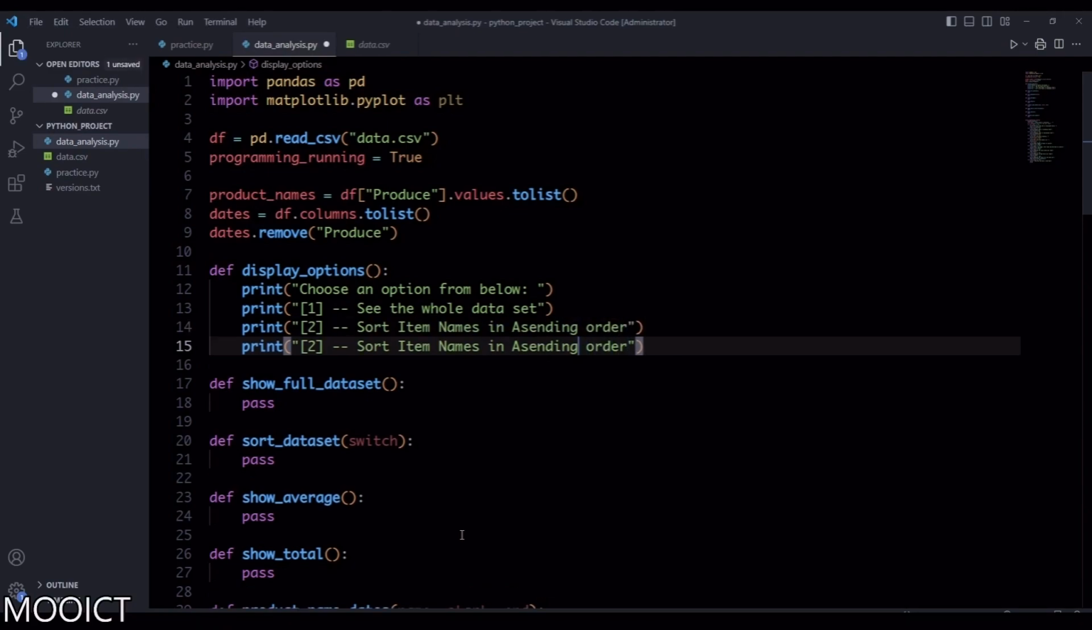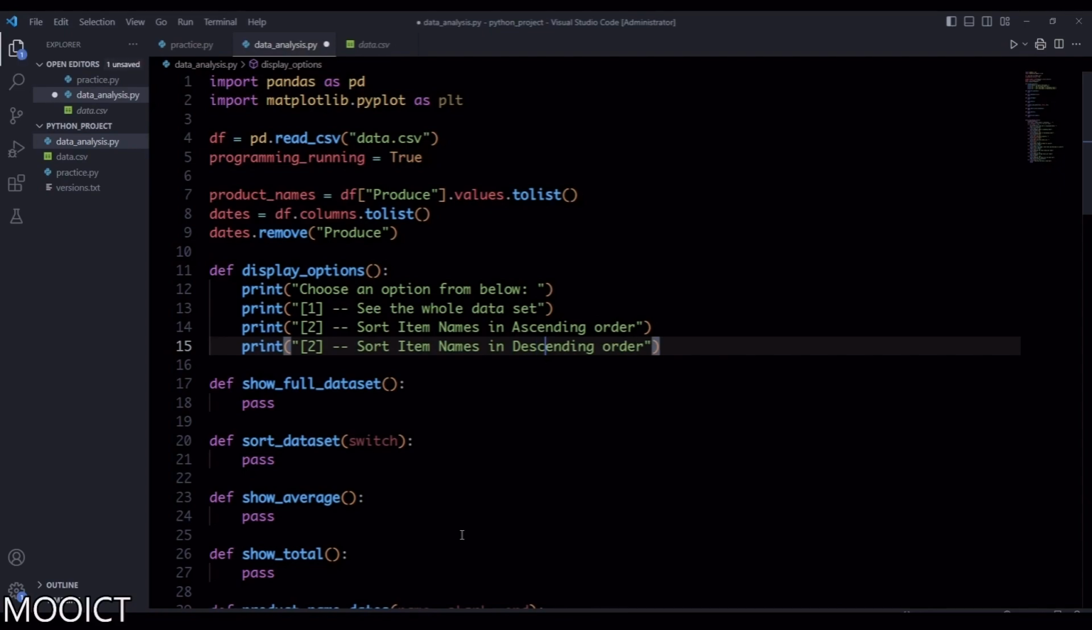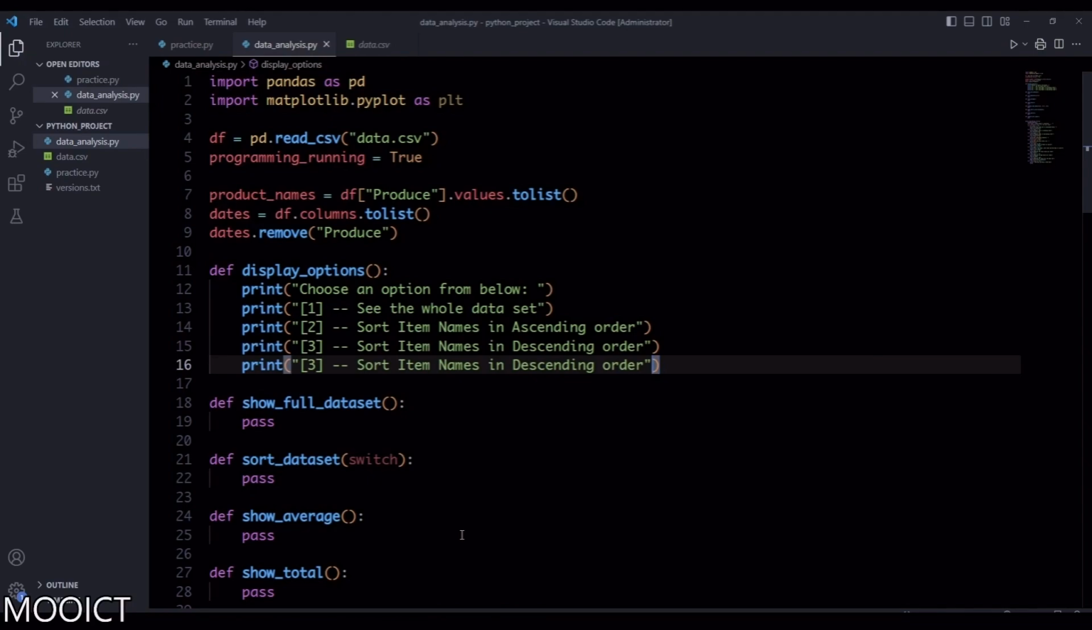Duplicate that. This one's going to be, spelled that wrong, didn't I? ASC, yeah. Ascending order. So that's going to be number 3. Sort items, item names in ascending and descending order, 2 and 3. Okay, good. And then number 4